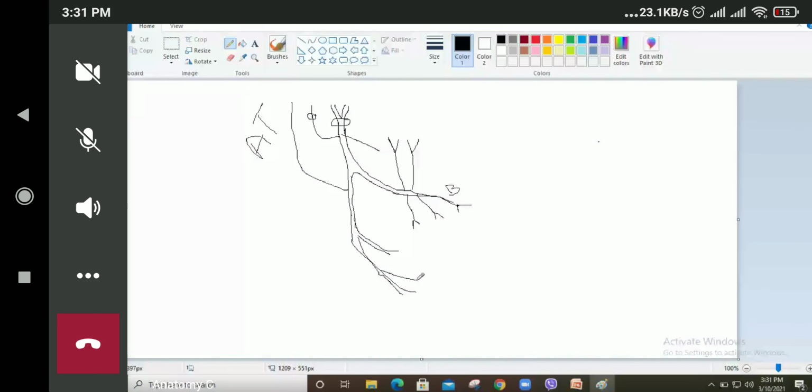Now, mainly from the posterior division, we have the auriculotemporal nerve, lingual nerve, and inferior alveolar nerve. Before the inferior alveolar nerve passes through the mandibular foramen, it will give rise to one branch. This is known as the mylohyoid nerve, or nerve to mylohyoid. It will supply the anterior belly of the digastric muscle and the mylohyoid muscle. The last terminal branch of the inferior alveolar nerve is the mental branch. So this is all about the mandibular nerve.